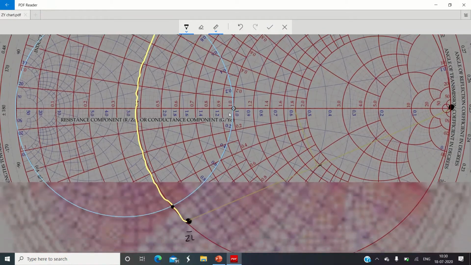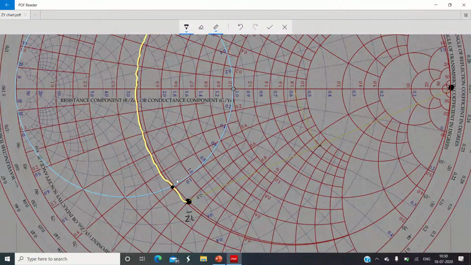Now please remember that this is not the valid design point or intermediate point. Why? Because from this point we want to reach the center of the Smith chart over here, which always represents the matched value of impedance, that is, the characteristic impedance of the transmission line. So our aim is to start from this point and reach the center of the Smith chart by tracing on the constant resistance circle and the constant conductance circle. So we trace the constant resistance circle, and we get an intersection with the unit conductance circle.